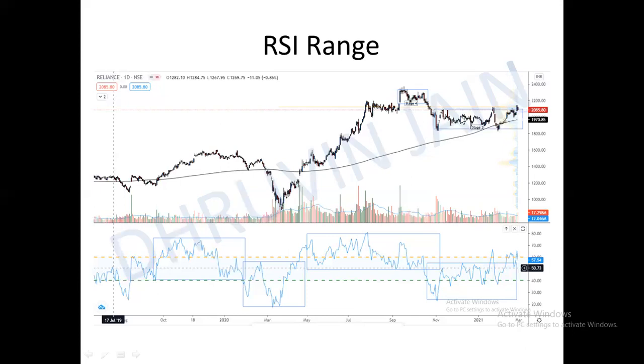And as an initial signal, we can see that price is unable to move below 1800. This actually was a great region for taking buy in dips. And Reliance is one of my favorite investments too. So this was a great region of buy in dips. Okay. So guys, this was the whole subject.